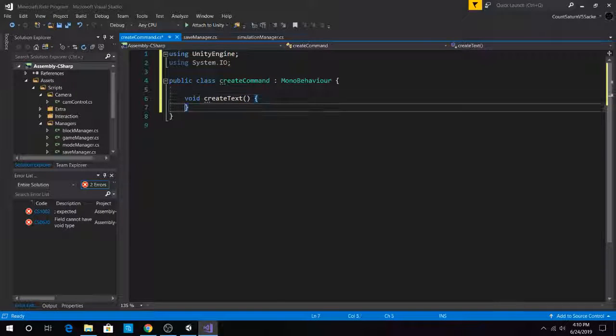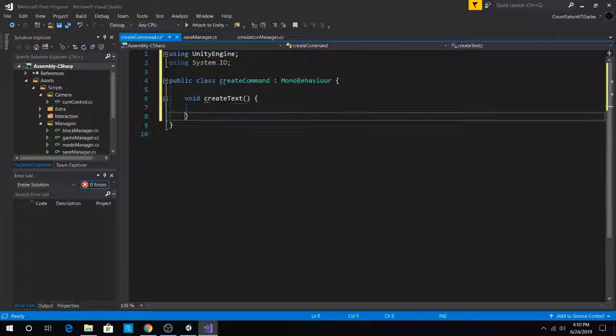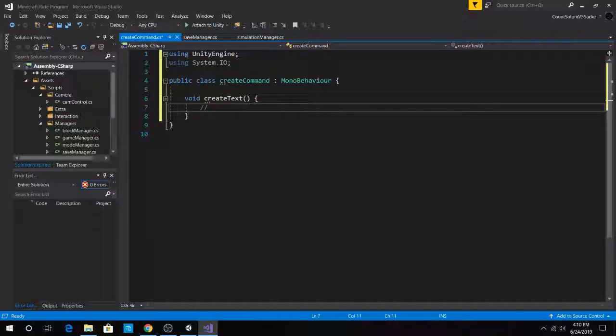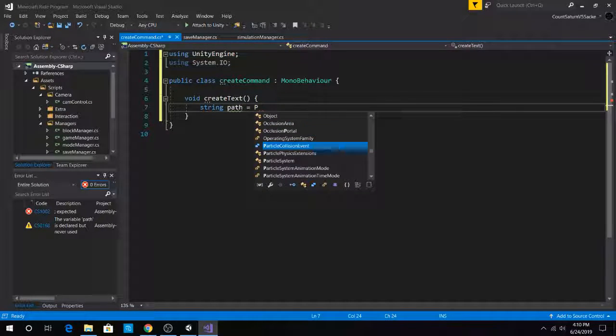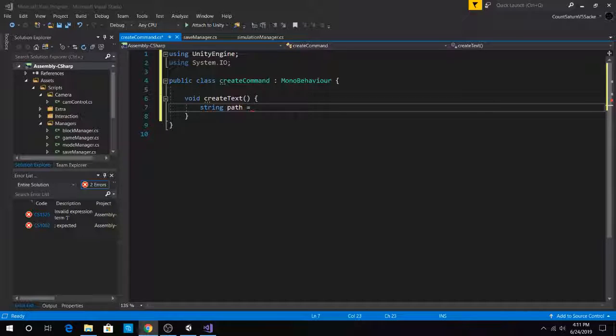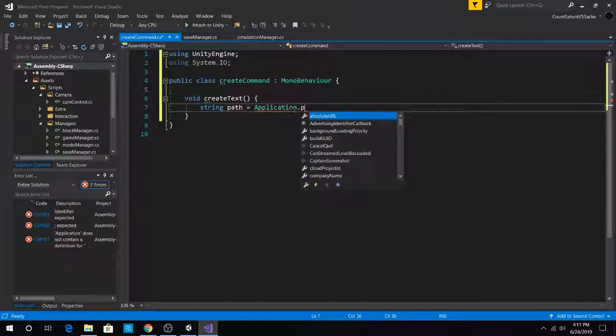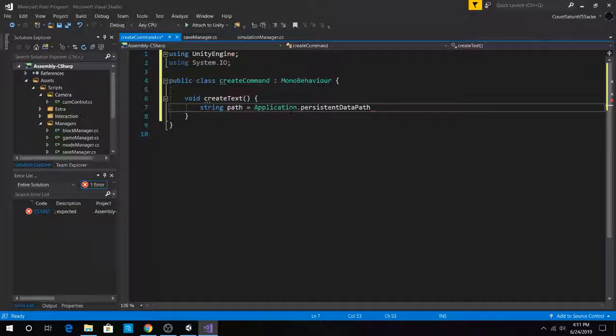Actually, yeah, I'll make a create text. Now the path of the file, we'll have to do string path is equal to persistent. What, really? Oh, application dot persistent data path plus, and this one will be slash,